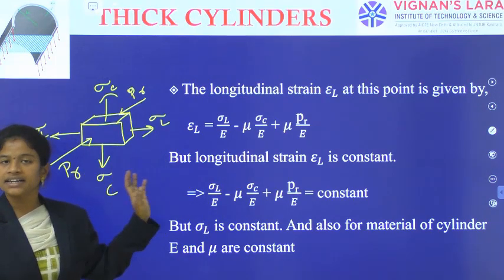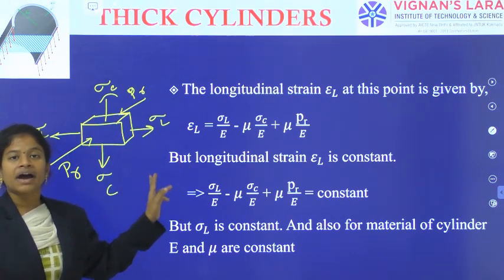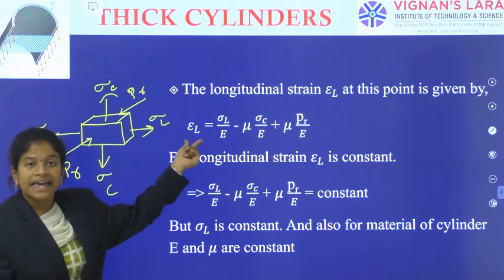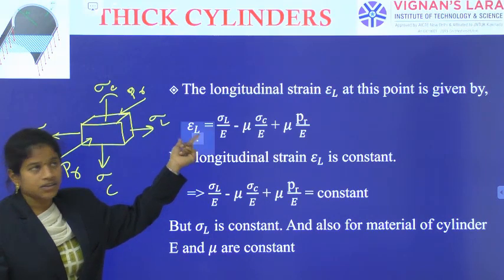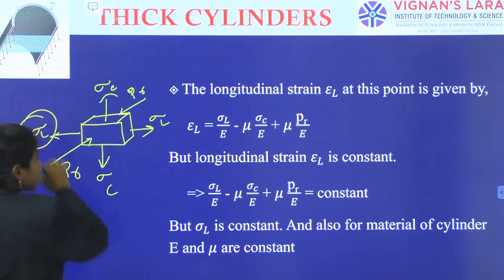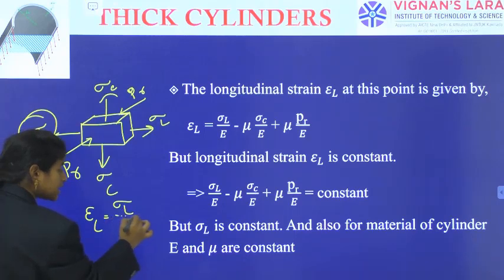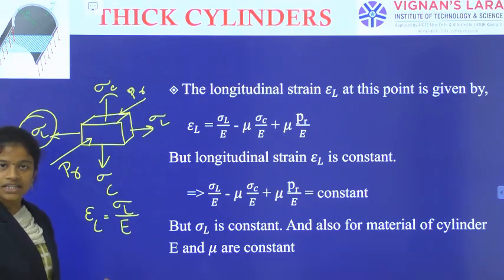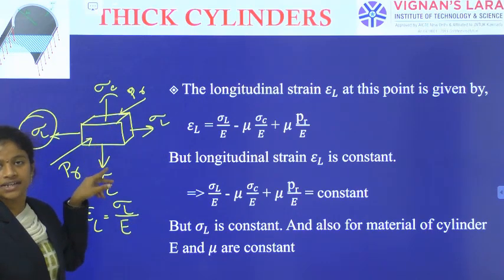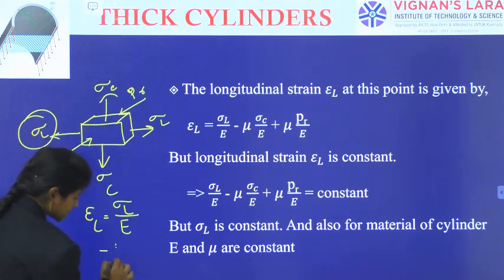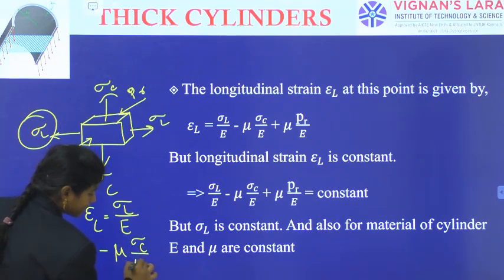What is tensile in nature? That is positive first, but generally minus mu will be there, and if it is compressive, the corresponding plus mu will come. Now EL, so I am giving priority to the longitudinal strain. The longitudinal strain epsilon L is equal to change in length by original length, and the corresponding stress by Young's modulus of the material. But this is only when this force is acting. At the same time, two more stresses are acting. Now the next effect, which is due to the circumferential stress, is minus mu times sigma C by E.